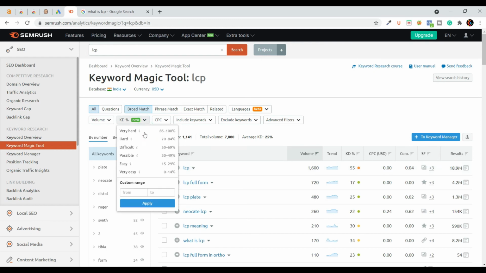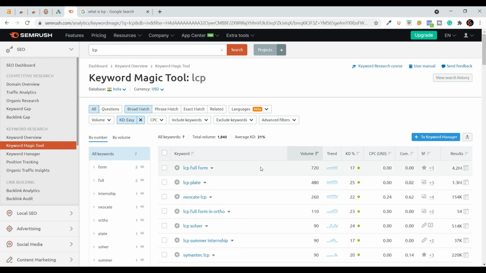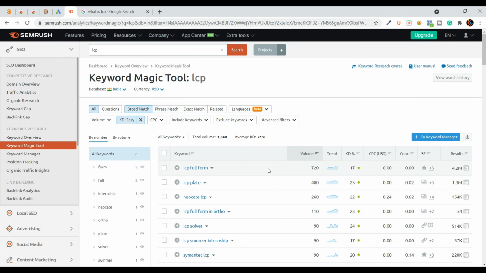Click this and choose the lowest KD keywords. Click on easy or very easy, and you get all the keywords which have the lowest KD. You can see here, this is one of the best keyword research tools you can use. It's really good to find lowest KD keywords.